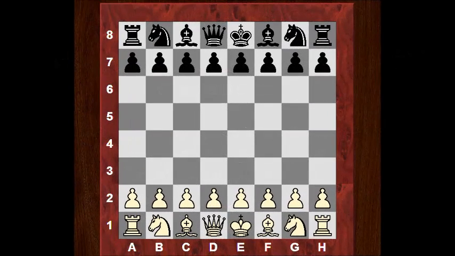Hi all, let's have a look at the very exciting game from round 9 of the FIDE Grand Prix. Fabiano Caruana was playing against Alexander Grischuk. Grischuk is often playing the King's Indian Defence, so a very interesting encounter from a theoretical point of view, because